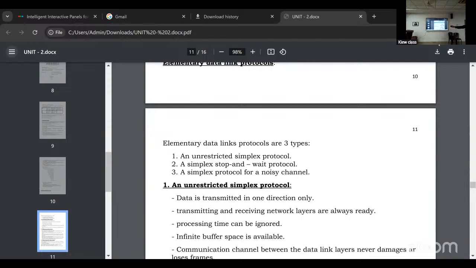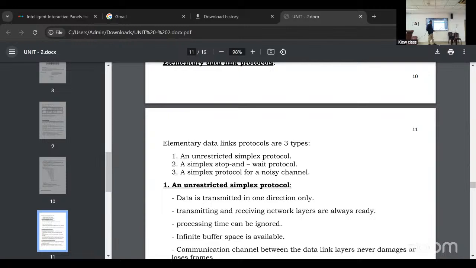If sliding window protocol, go back N or selective repeat comes in the exam, you will get at least 10 marks out of 14. So here, for flow control we have these techniques: stop and wait protocol, go back N, selective repeat ARQ, sliding window.